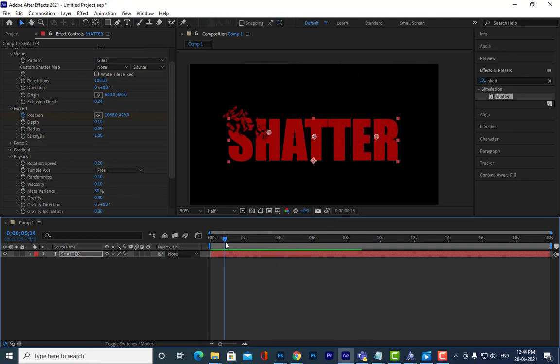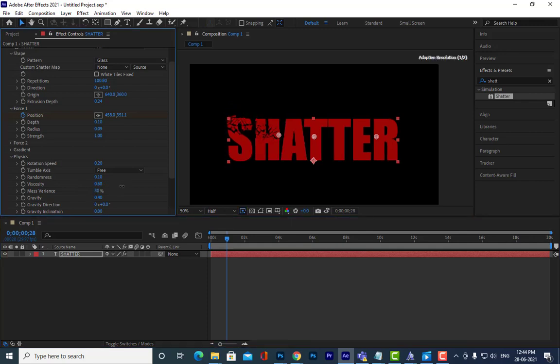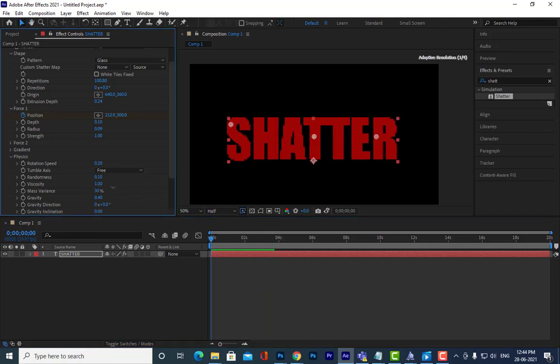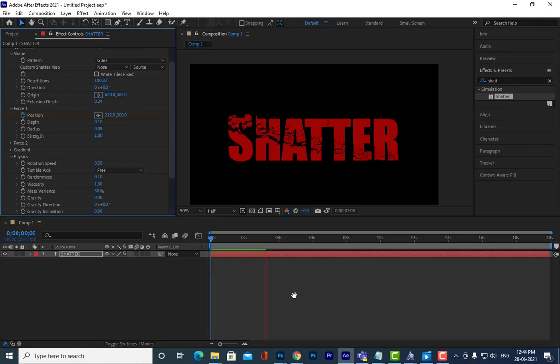The pieces are all going up, and we can also do interesting things by changing the viscosity. Let us see what viscosity does here. Can you all see the change? If you increase the viscosity, what happened? They are not falling. And I can also change the gravity setting here.